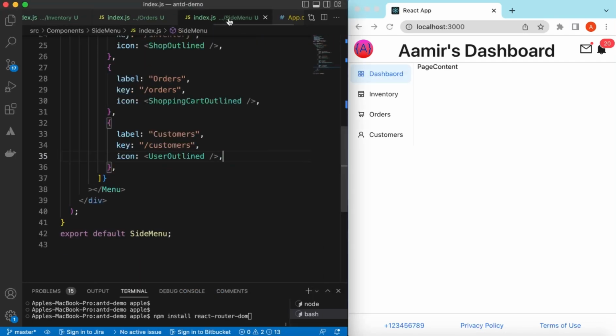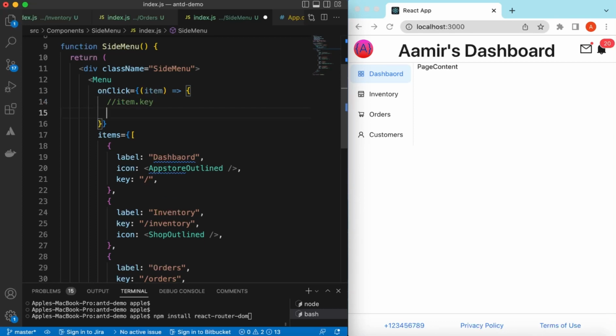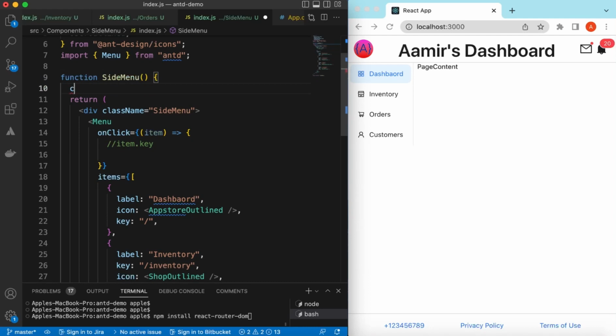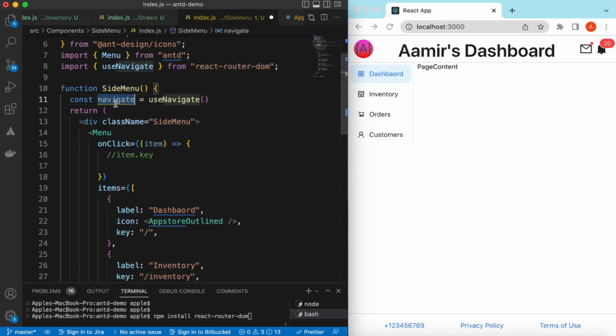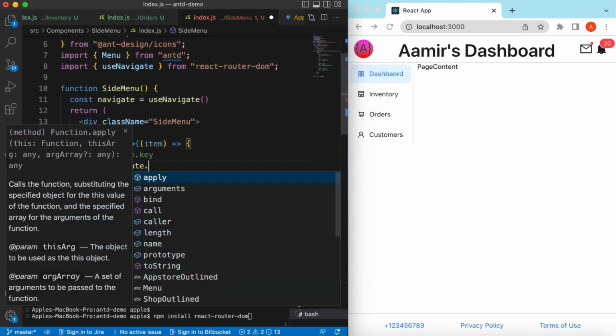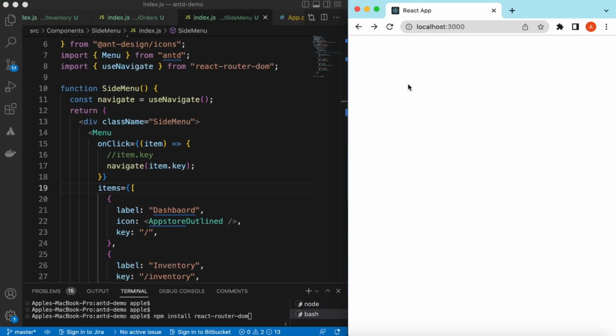And we can go to the side menu and write the onClick function, right? And here it is, in the onClick we're getting the item, and here we will be navigating to that. So for that we can use navigate, that is from the useNavigate hook from the React Router DOM, right? And copy this one, and here we can say navigate to, here we will be providing the path we want to navigate. So inside the item.key we have the path, so we can navigate to that, right? So if I refresh,